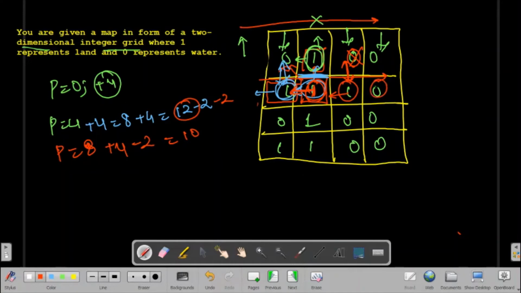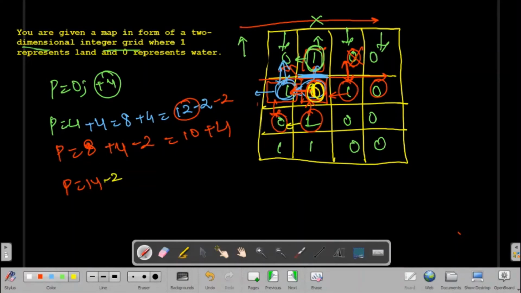Again I'll come here, we don't have 1, so again we'll come here, 0, again we come here, we found 1, so we'll add plus 4 here. So now my perimeter is 14, and I will see if in the above direction I have 1 or not. So we found 1 here. Whenever I find it, I will minus 2, so I will minus 2 for this, and again I will look in this direction.